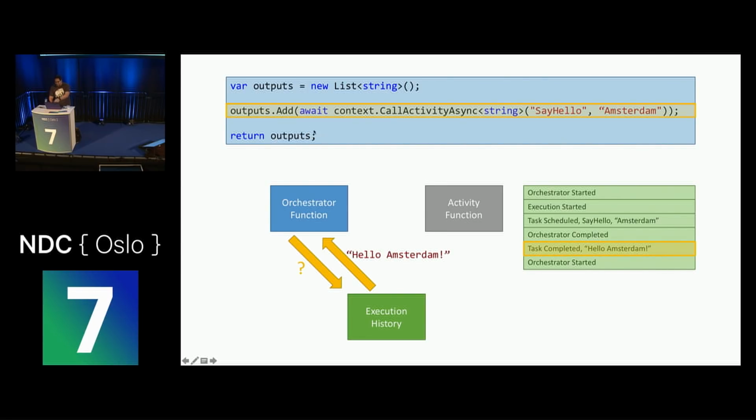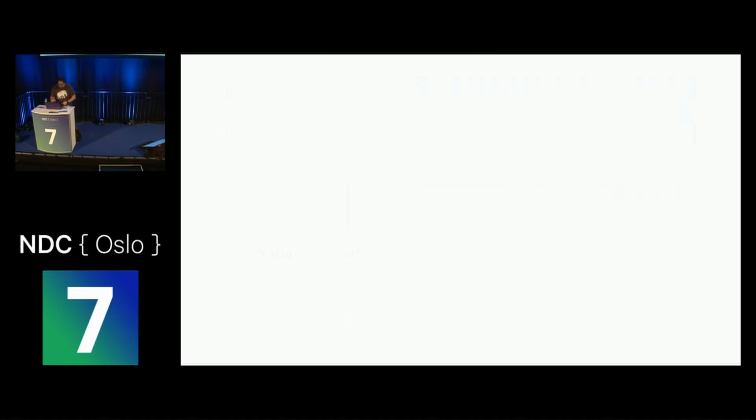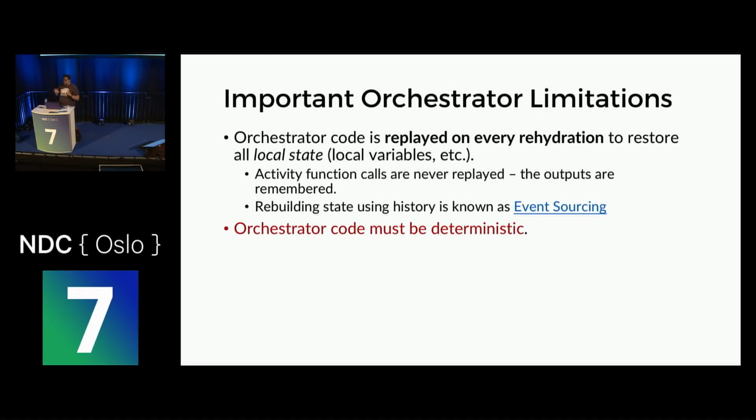It's going to say, hey, have we already called say hello Amsterdam? In this case, it has. It's already done that action. So my history is like, yep, you've already done this thing. My orchestrator says, great, I'm going to move on and do my next step. And then it's going to continue to do its next step and then return back the responses. So every time one of these functions is completed, my orchestration is going to replay. Now, that's extremely important to know,